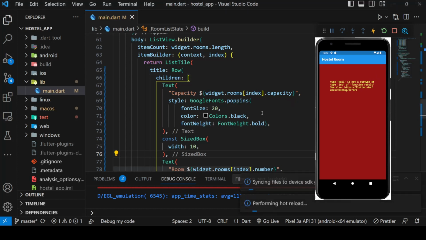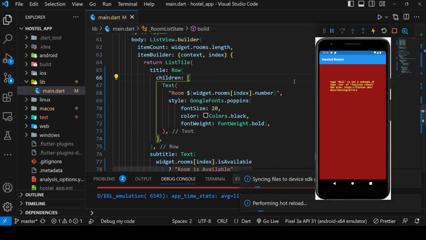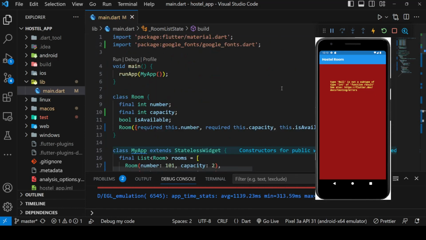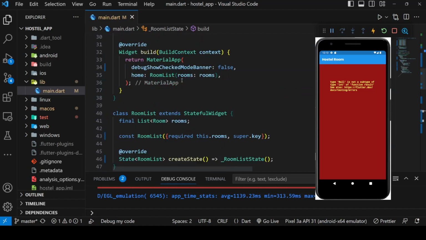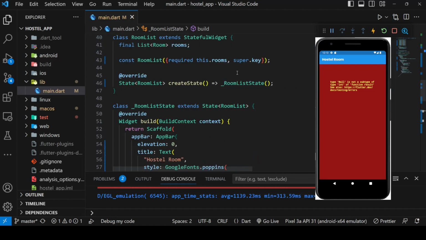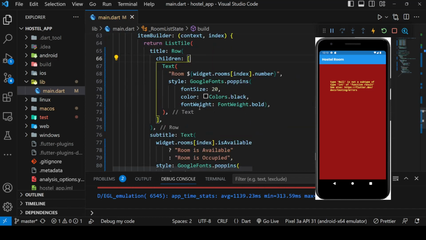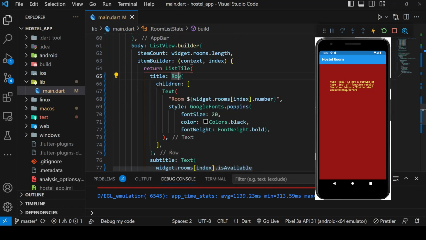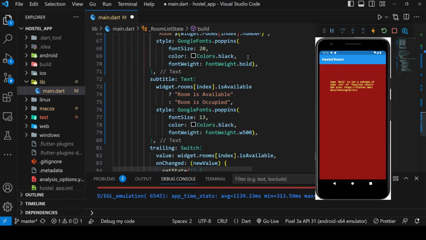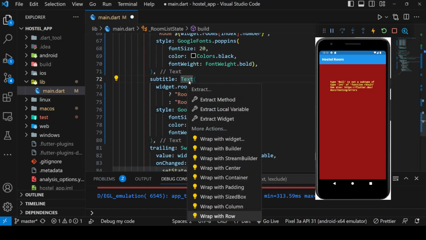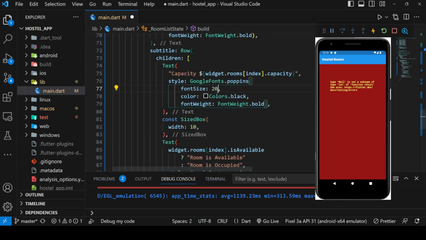I think we have some error. So we have to give some capacity to it. Let's try to rebuild that. If we get it, then it will be fine. Or if not, then